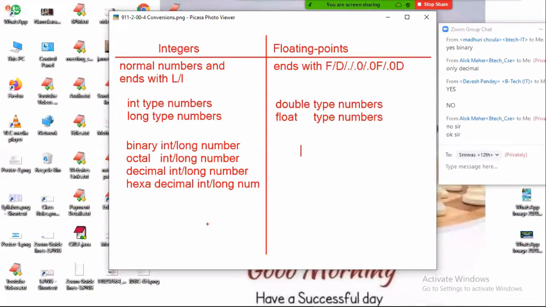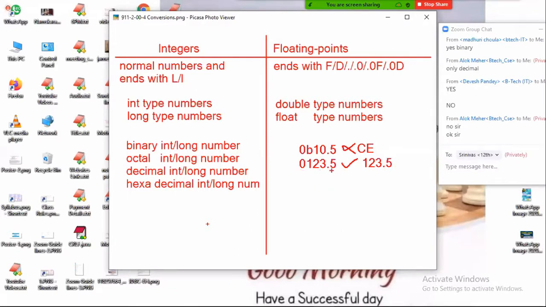Observe. If you write 0B10.5, the compiler throws an error. 0B10.5 is not allowed. Can I write 0123.5? Yes. Click on raise button. If I write 0123.5, no problem. It is allowed, but the value will be 123.5. Okay, the first zero is ignored. Very, very critical point. Very, very important point.